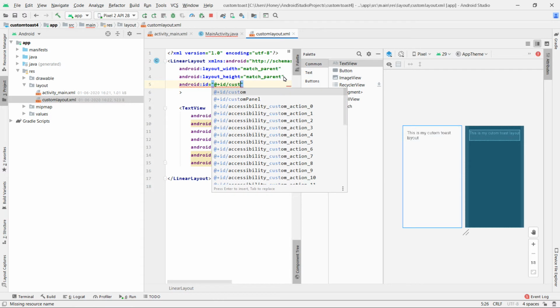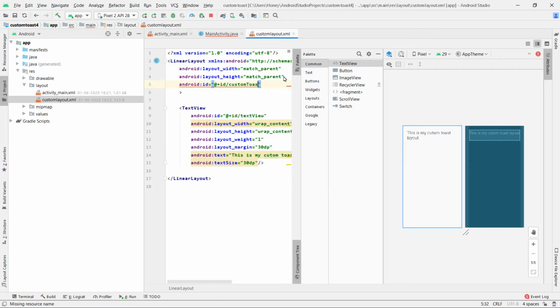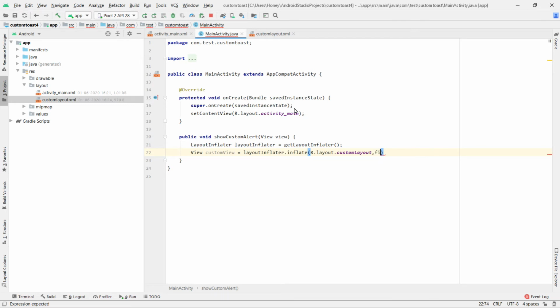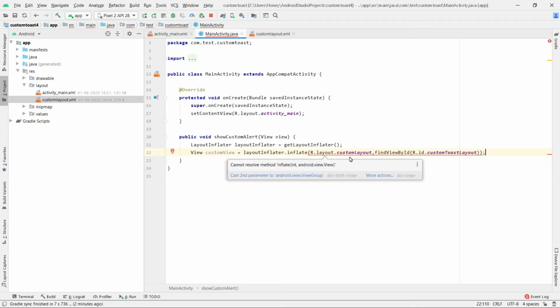We will give the name as custom toast layout, and here I'll provide the root ID with the help of the findViewById method, custom toast layout. So we have assigned the two parameters: the first is the XML resource and the second is the root ID of the component. Here it is giving me an error, cast second parameter to Android view group. Okay, we have cast the view group.